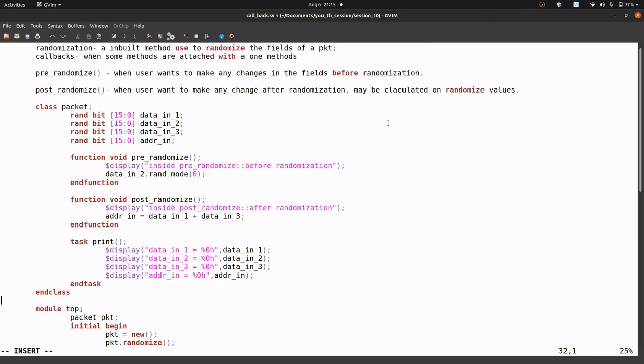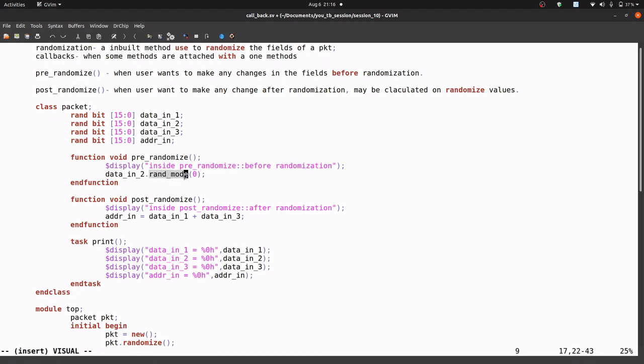So what we have done is, first we declared a class named packet with some fields inside it. In pre-randomize we wrote data_in_2.rand_mode(0). What does that mean?